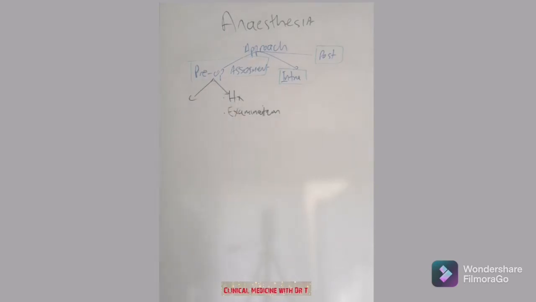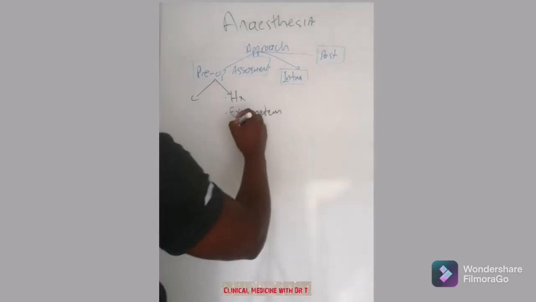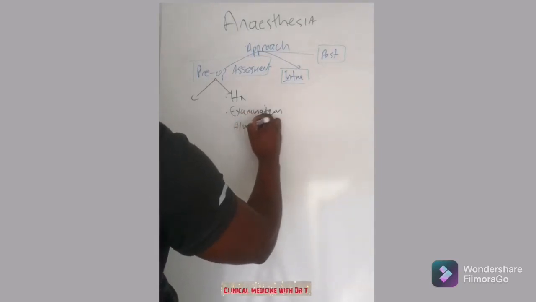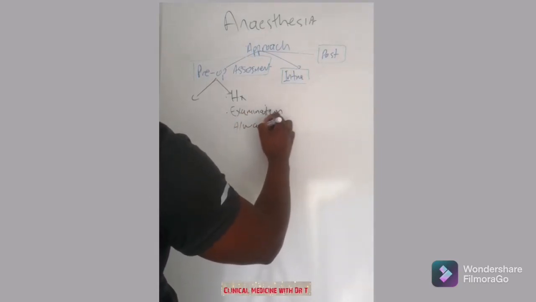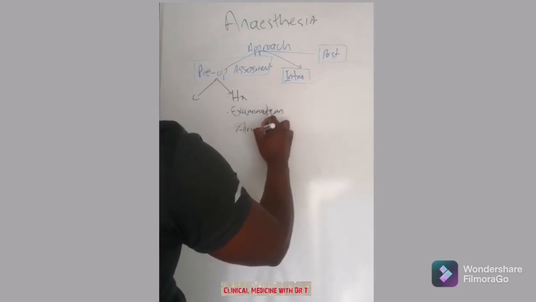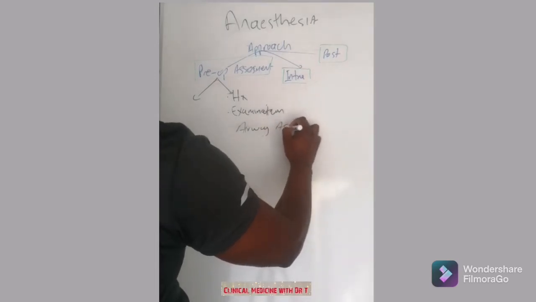And under physical examination, yes, you will describe the patient, how the patient looks, the normal way we've been doing in other departments or in other disciplines, and then do a chest examination, CVS, check the vital signs, that kind of a thing. And then the difference now with anesthesia is that you need to do an airway assessment,